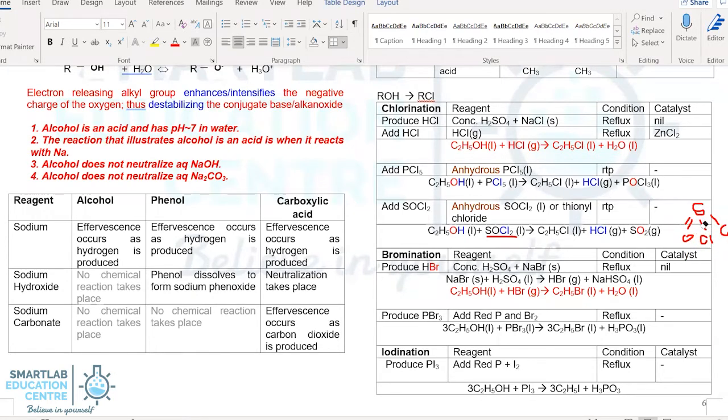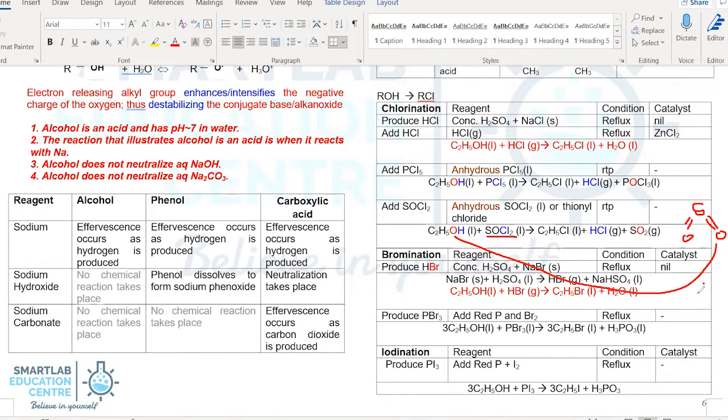In the chemical reaction, they will replace 2 of the chlorine with an oxygen, and that oxygen is from the hydroxyl group of the alcohol. So similarly, of the 2 Cl, one of them will form your halogenoalkane, while the other one will form your HCl. And that's the reason why the byproduct is SO2.